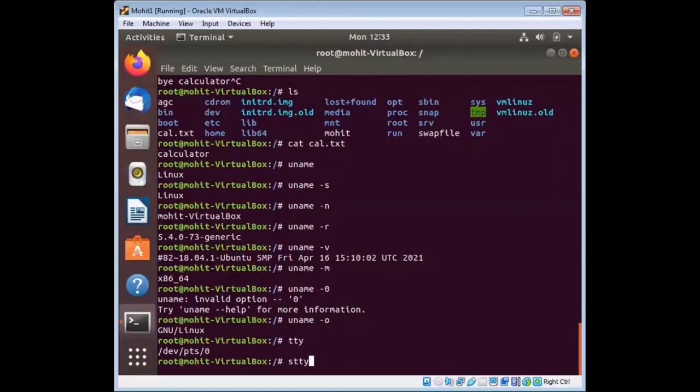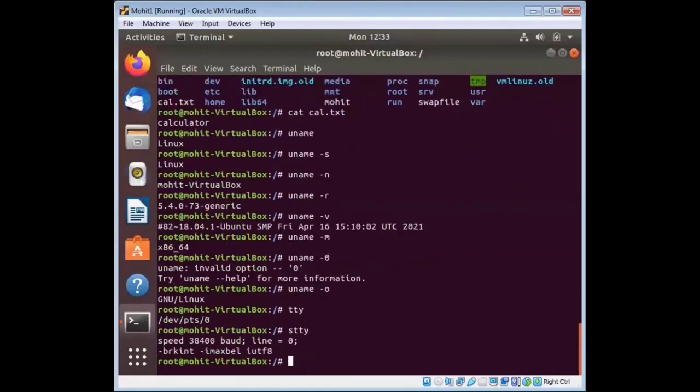When you press enter, it will show you the speed of your terminal, 38400, and line number 0. So without arguments, it writes the settings of certain modes to standard output.